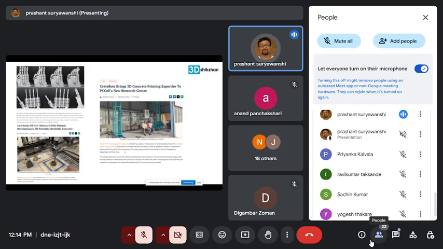This is not only PCCOE, but they have done this work along with some IIT and NIT. And seeing that, there is Cretebot, a company for digital construction. Now they have also tied up with them to make it more democratic and to promote their research to the next level. So you can see there is a lot of scope, right?